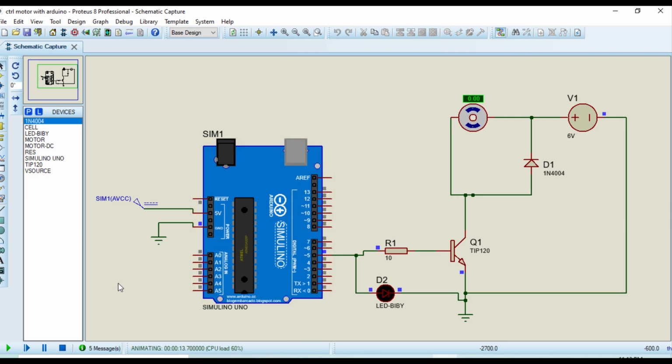Here the motor takes a while to start running. The reason is that the software is running very slow, so that's why the motor takes a while. Here you can see the motor is running and the speed is increasing. You can follow my cursor. Here is a meter of speed. Now the speed is approximately 225, and its maximum speed is approximately 233